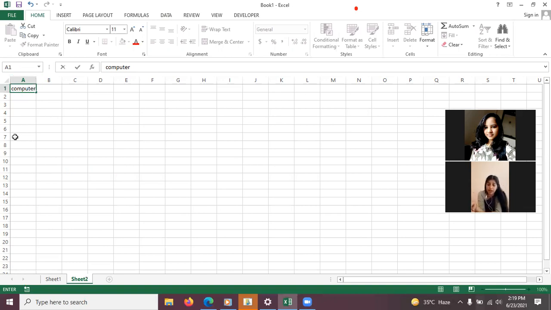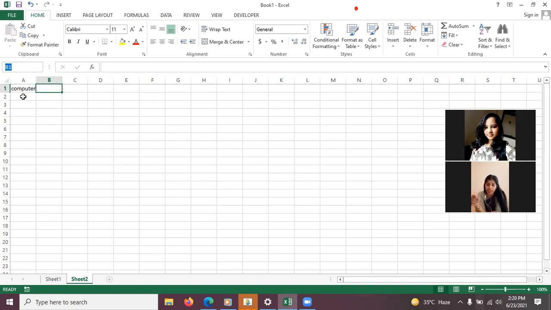And then we have the active cell. Which one is the active cell? The one in which the cell is selected right now. Like anywhere, any cell you can click. So right now this B1 cell is the active cell because it has a border outside it. And the name box I have shown you near the formula bar. The name box is shown, which tells the name of the cell which is right now selected.